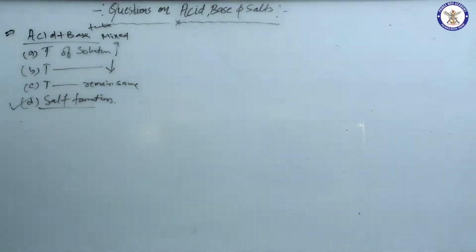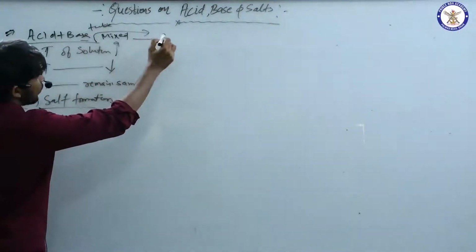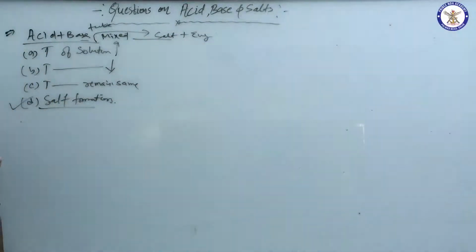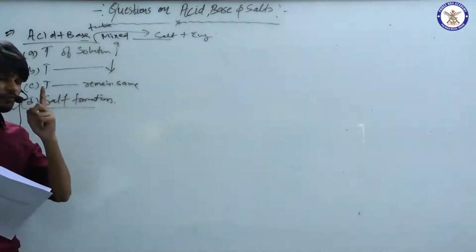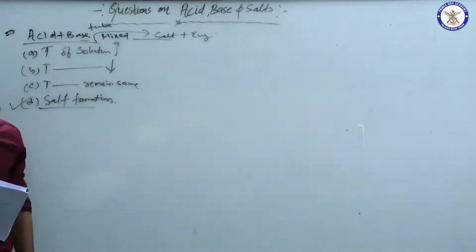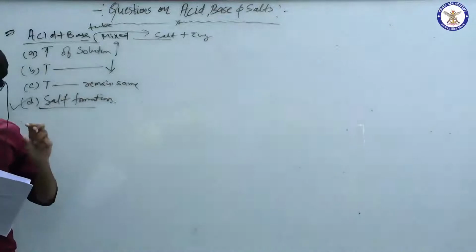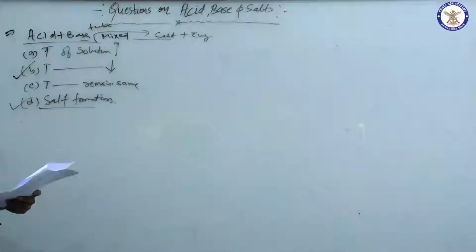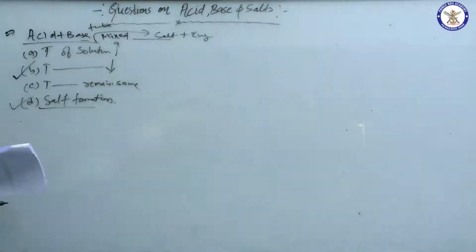Answer D is right. Now I know that when acid plus base react, the final product is salt and some energy is released from the solution. So if the energy from the solution gets released, then would you find that the temperature of the solution would decrease, right? Because some part of the energy has been released. That is why this released energy will decrease the temperature. So option B will also be right. So here B and D are the right answers.